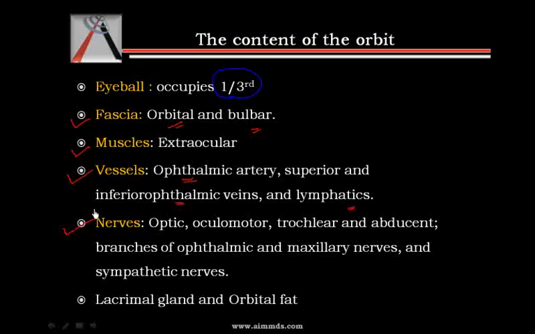The nerves that enter the orbit are the second nerve, that is the optic, the third nerve oculomotor, the fourth trochlear, the sixth abducens, and the branches of ophthalmic and the maxillary nerve. So the optic nerve goes inside the eyeball and is responsible for the vision, while this oculomotor, trochlear and abducens,